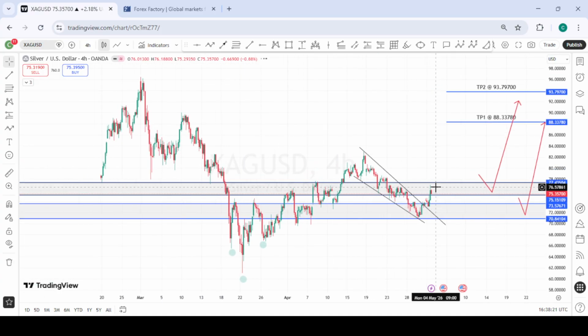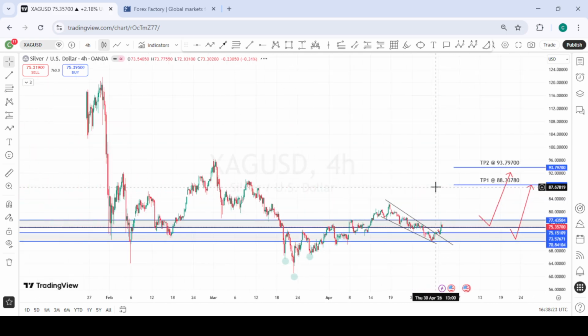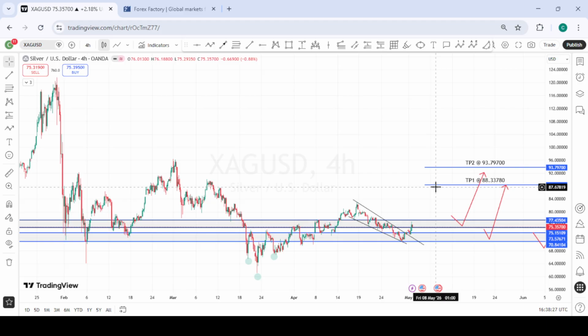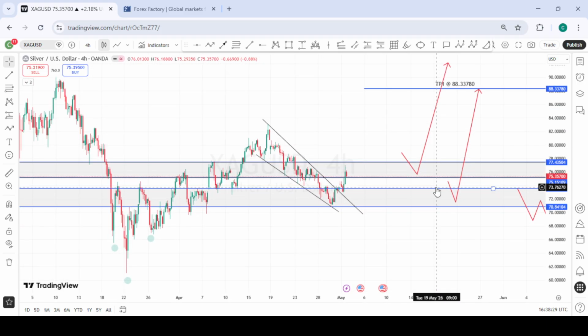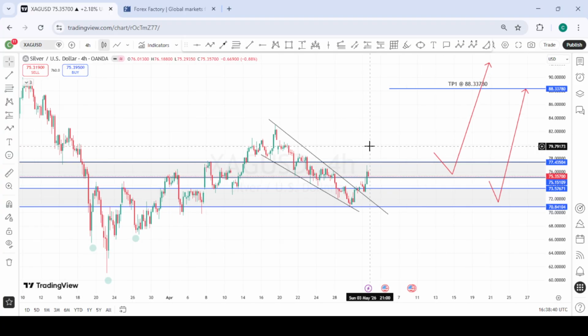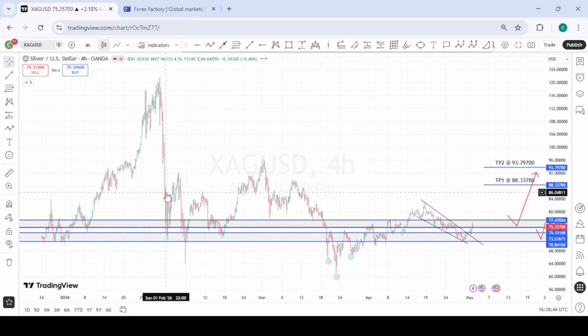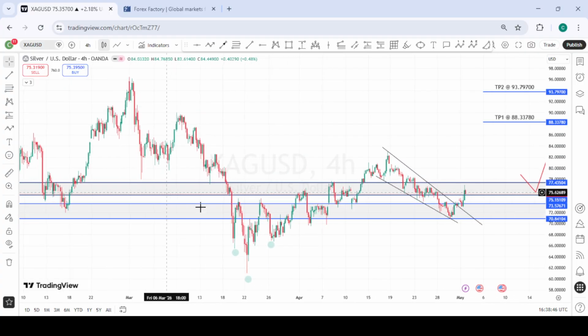This is silver, and silver's bullishness is cleaner than that of gold. So initially we were looking for a possible retest of any of these two areas of interest to give us bullish opportunities to the upside. Price has now retested and reacted strongly from the second area of interest, and that's also giving us something like a bullish flag formation. You see right here, we have this clean inverse head and shoulders formation where price retested